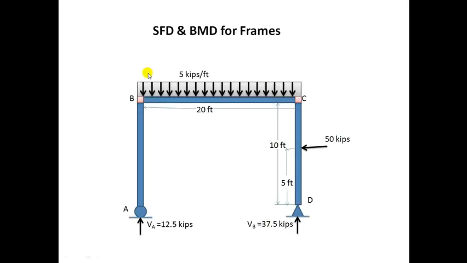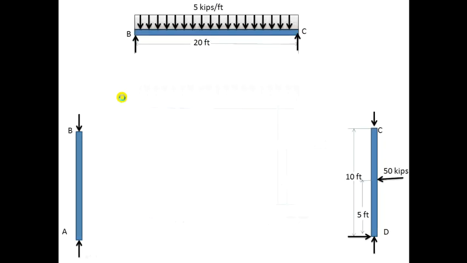Hello viewers, in this video I will draw the SFD and BMD diagram for the frame with a 5 kip UDL acting and the 50 kip concentrated load acting from the side, taking B and C as fixed points. If B and C are pins, then we will solve